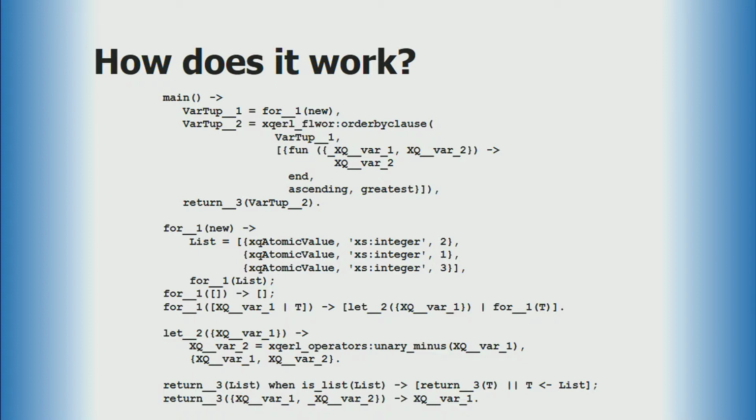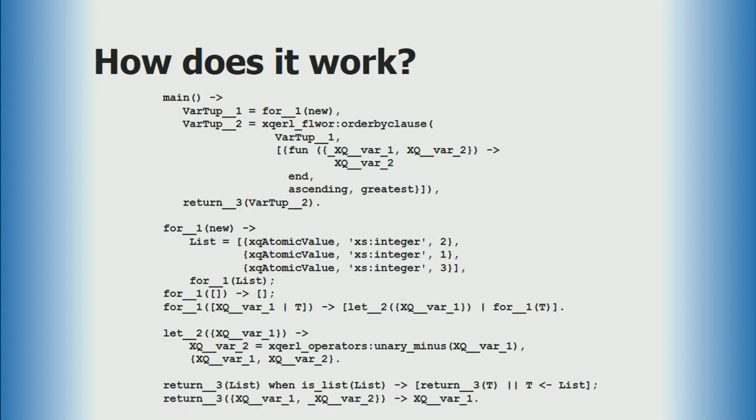The let2 part, all it does is the unary minus that was in that query there, and then makes a variable tuple with the x and y variables. That gets returned back into that for loop or for statement, which then packs that all in a list. So you have the variable tuple expanded and then returned up into the main for variable tuple 1. Variable tuple 2 then is the order by clause. That is outside of here because the order clause is